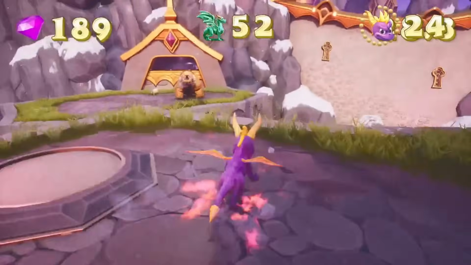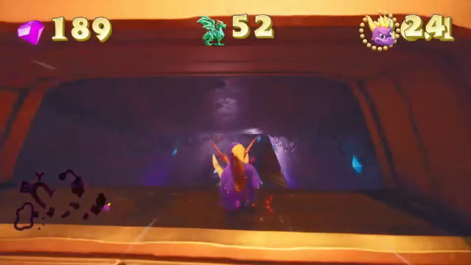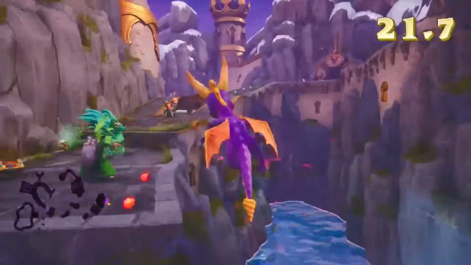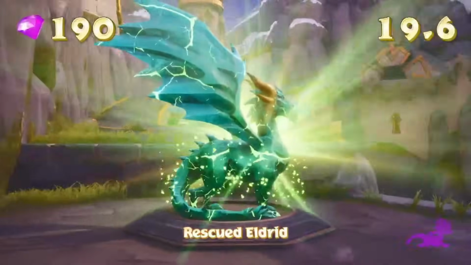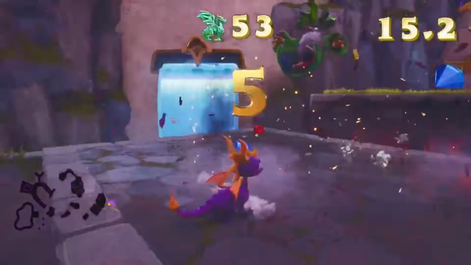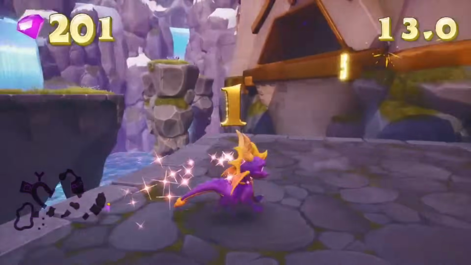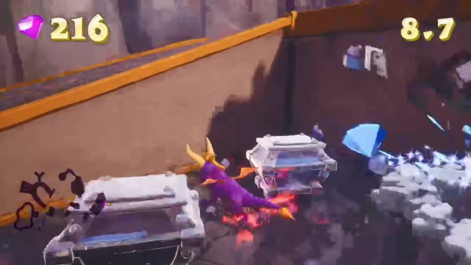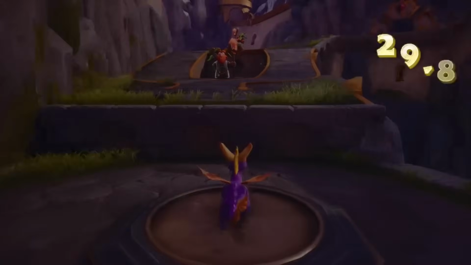We can do a lot more in the next level though. We return to Alpine Ridge, and the gap we couldn't clear last time is easy now. There's even a dragon right here so that we can secure a checkpoint before we death abuse. But it's important that we don't kill the magic enemy first before rescuing this dragon. Killing an enemy before rescuing a dragon means that that enemy won't respawn after we death abuse, because we checkpointed